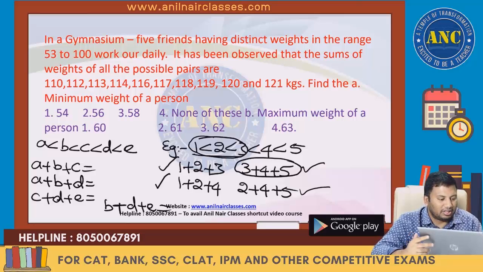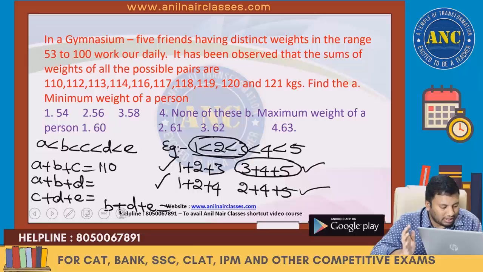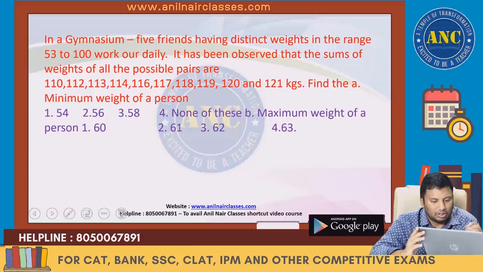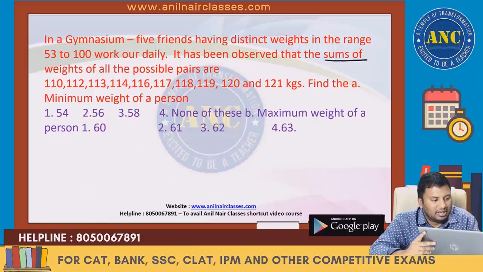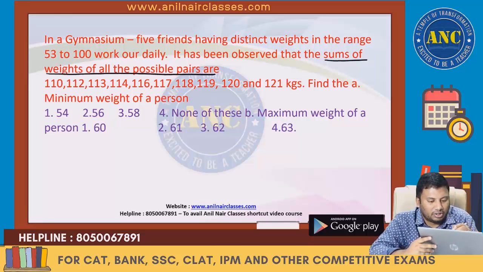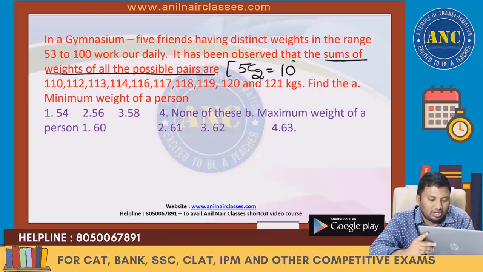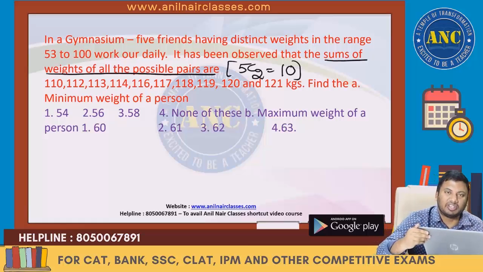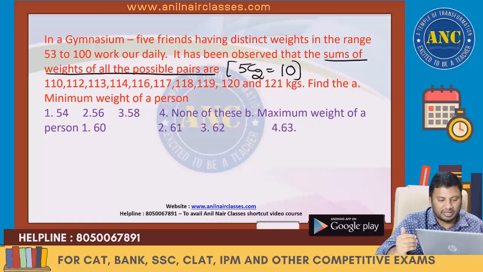If you add all the values, these are nothing but, now 1 minute, I made a mistake. Right? The sum of the weights of all the possible pairs, it has said only 2, sir. Out of 5, I am selecting 2. 5C2, it is also 10. It is not given 3. 3 is a previous management exam question.